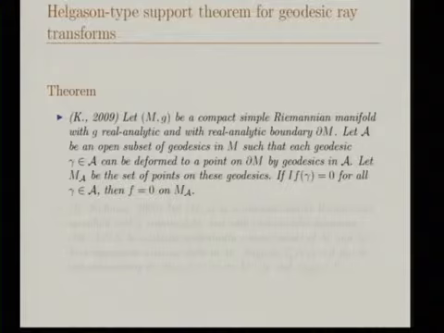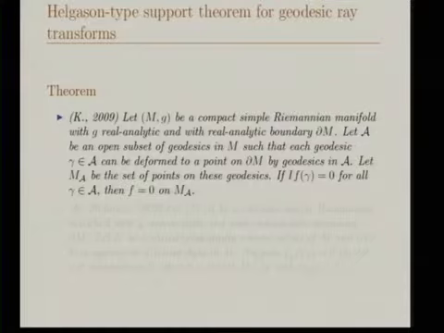So this can be generalized to the case of the geodesic ray transform, but you have to assume that the metric g is real analytic, again because we want to use analytic microlocal analysis. That way we're able to eat away at the support of F using that argument, using the theorem of